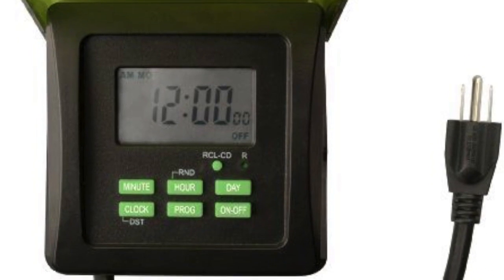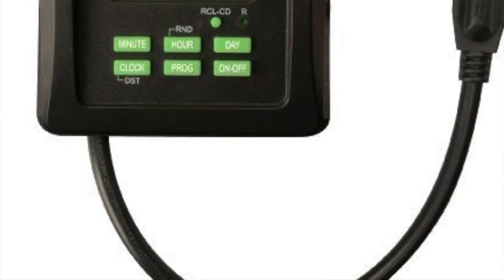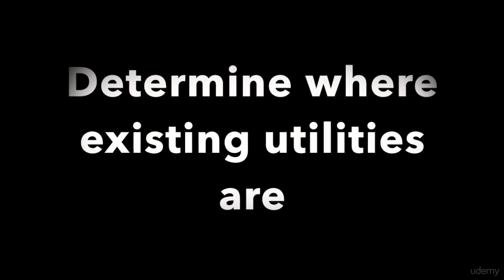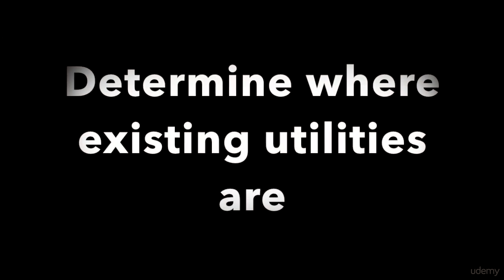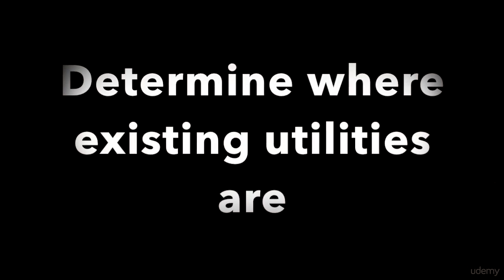I used a digital programmable timer to control when my filter pump and sanitizer turned off and on. Because you will be drilling holes in your wall or floor or ceiling to run new piping, you need to investigate and determine where existing water, gas, sewer, and electrical lines run. Lastly, if you do not want to accidentally drill